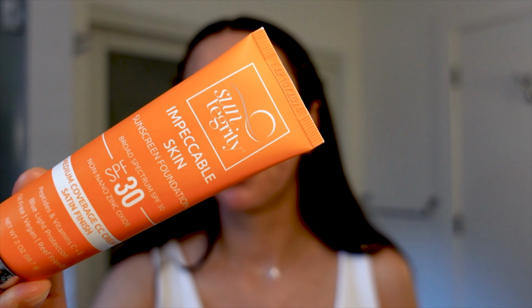I used to use this Integrity all the time, and I ran out, so I just ordered this one from Credo. It's the Impeccable Skin. I am obsessed with this product. It's natural, and this does have SPF in it also, but it gives nice coverage, and it gives this really glowy base. So I'm gonna do this. I just put it on the back of my hand,